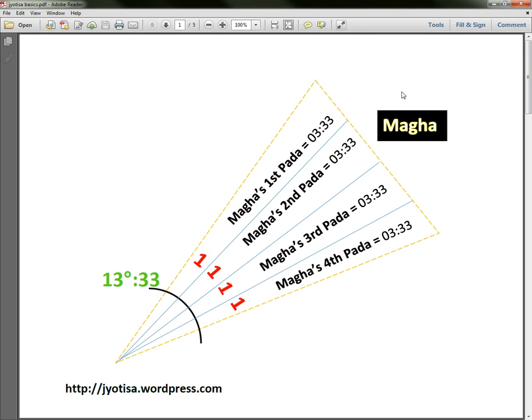Okay, now here's a correlation. Padas are dissected 9 times. So if you look at it,